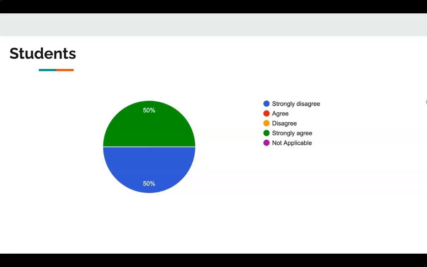And it was interesting to see they kind of fell on one end of the spectrum or the other. We had half of them who strongly agree that they understand why they take part in those classes, and then the other half of them responded that they strongly disagreed, that they didn't really have a clear understanding of why they were in those courses. So that is definitely something for us to look at and work on as we move forward with the program evaluation findings.